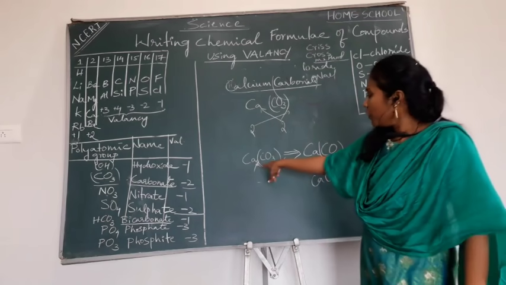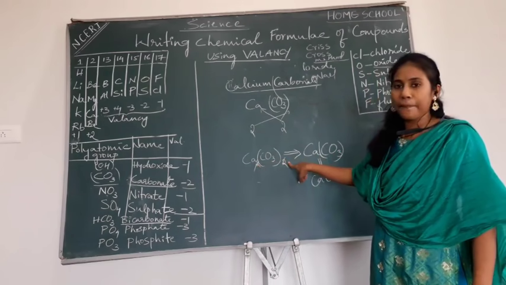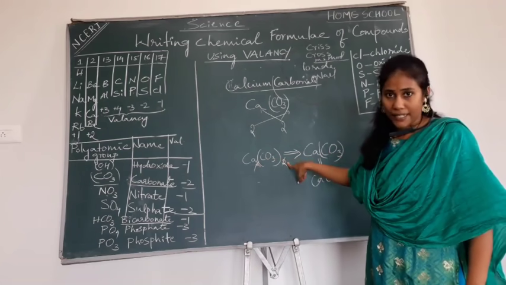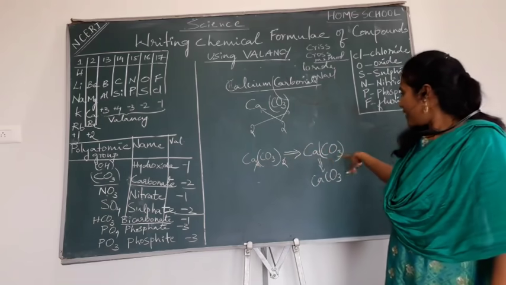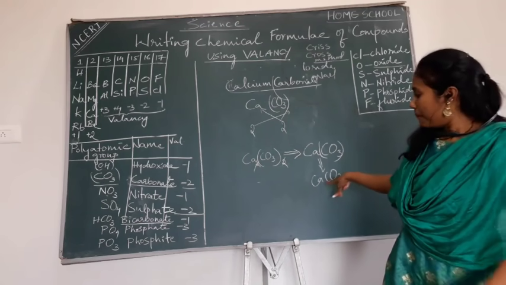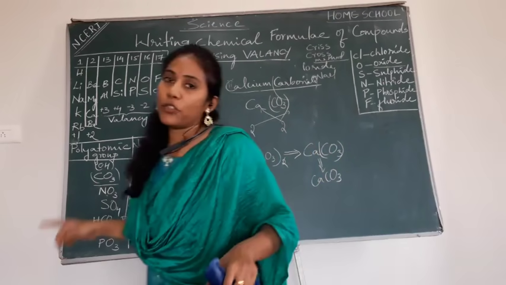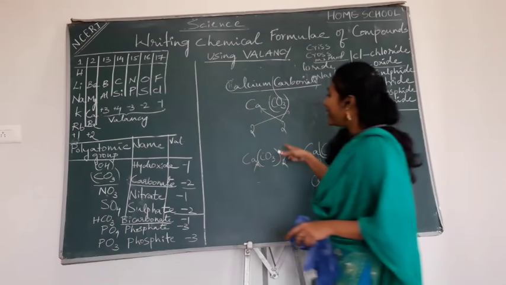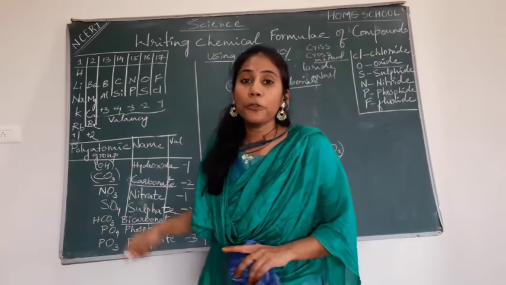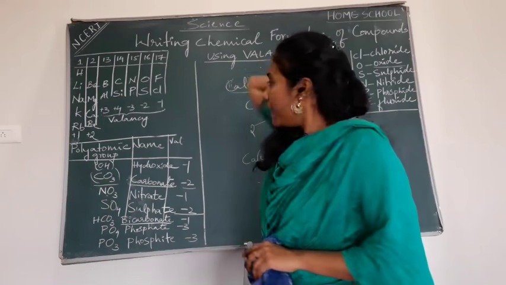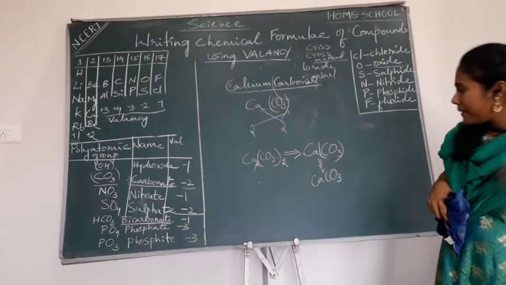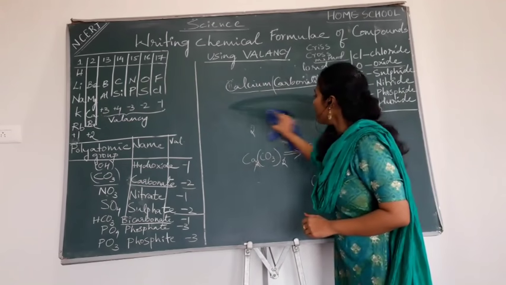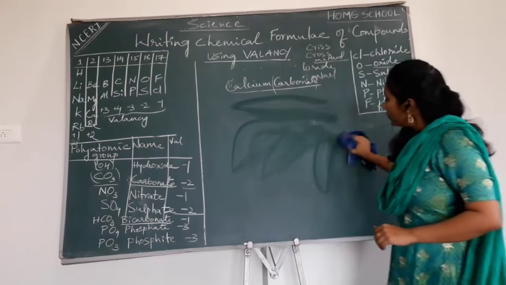You got to know here, no? When the digit is the same for both the sides, I mean for both the parts, you can cancel off the digit and write just the formula. Okay, CaCO3. Clear everyone? So this is how you have to write when there is a polyatomic group in a formula. Okay. So now I will take one more example. See, all this you have to note it down. That's compulsory.